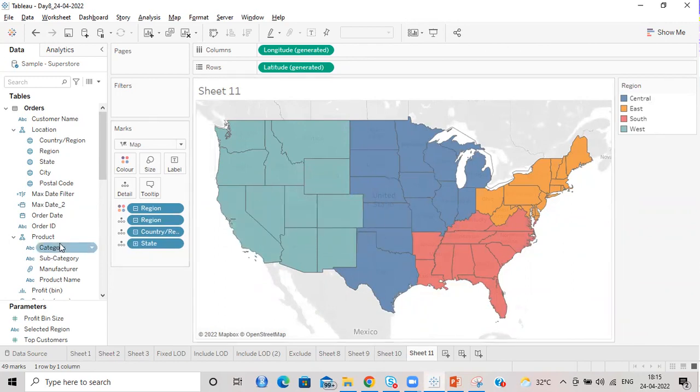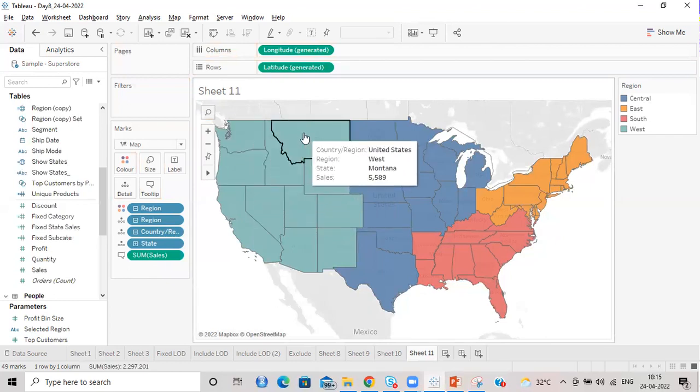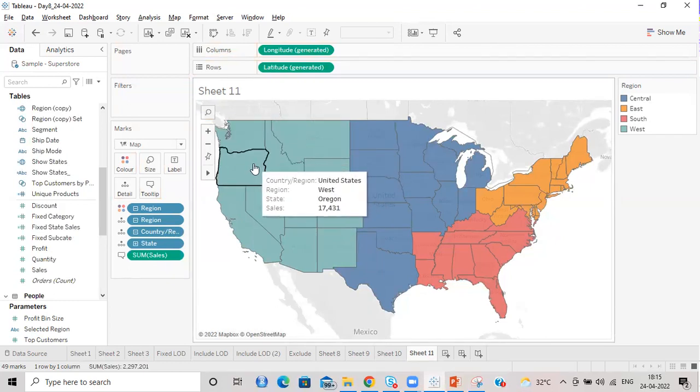You see, and let's say I will put sales also. Let me not put into details, but let me put it in the tooltip. Let's say now whichever state I hover over, I see the sales amount for that. Now let's say the requirement is when I hover over, I will show the sales for that particular state, but